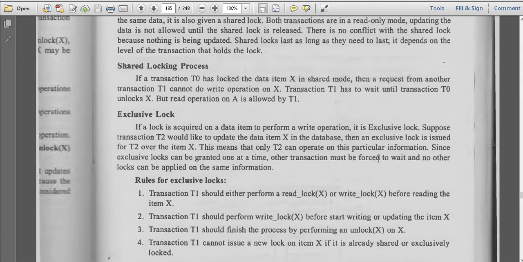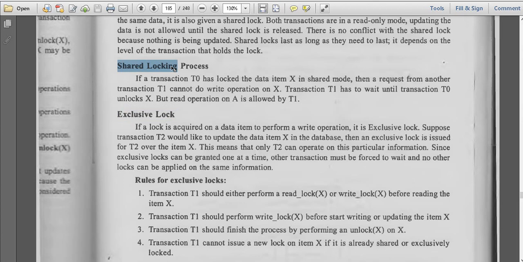Other transactions must be forced to wait and no other locks can be applied on the same information. So when you want to perform a write operation, you have to take an exclusive lock. When you want to perform a read operation, instead of taking an exclusive lock, it is better to take a shared lock.